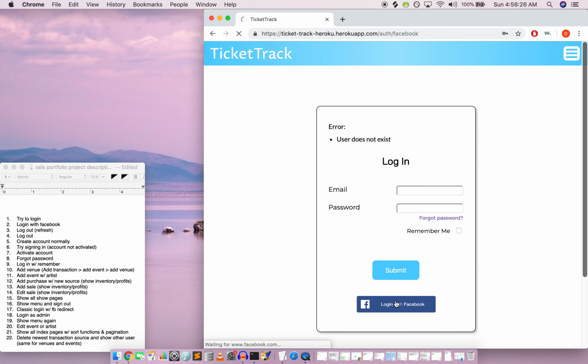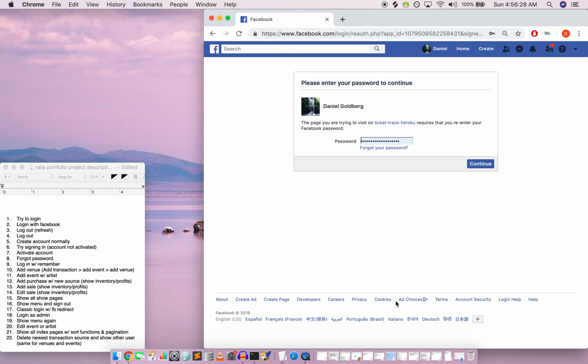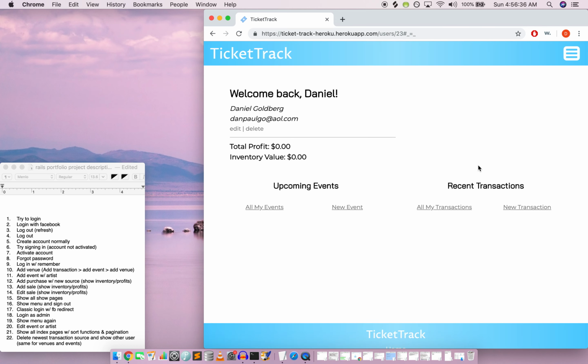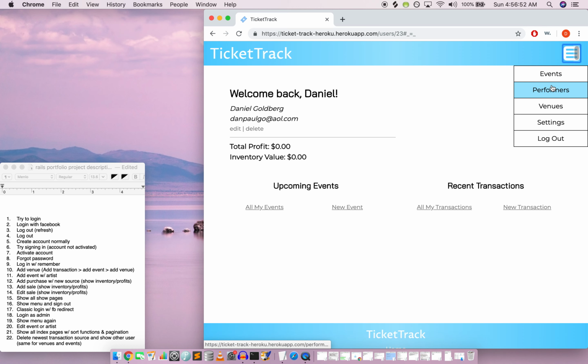So instead, I could hit log in with Facebook, and it will bring me to this Facebook page where I can log in with my regular Facebook password. Hit continue, and now I have a brand new TicketTrack account with my Facebook email, my full name, and I'm ready to go to begin creating some events and transactions. I'm just going to log out of here now